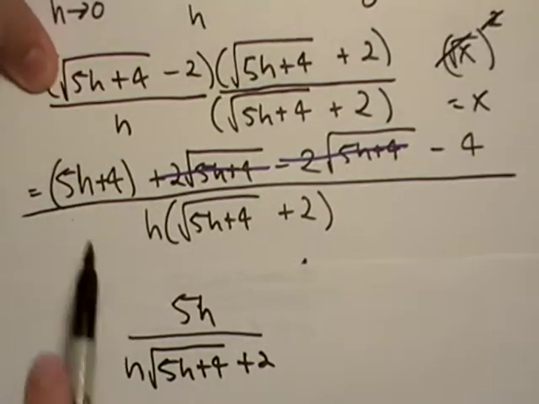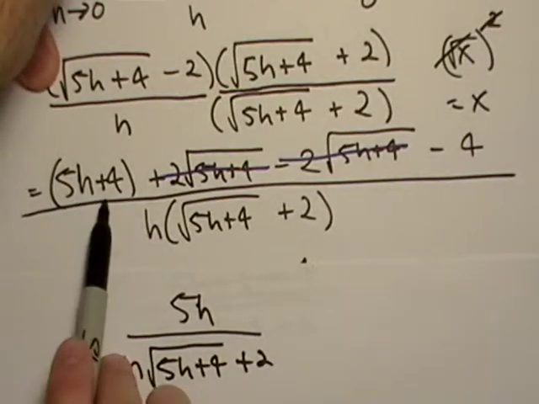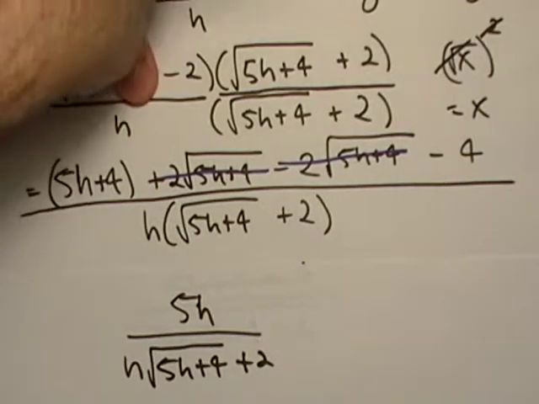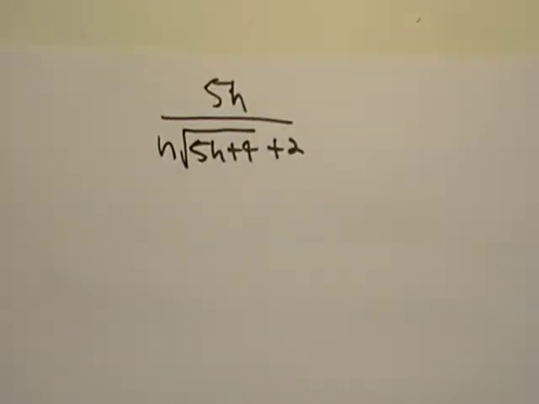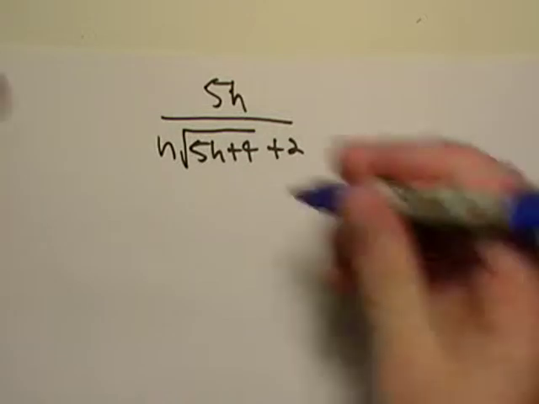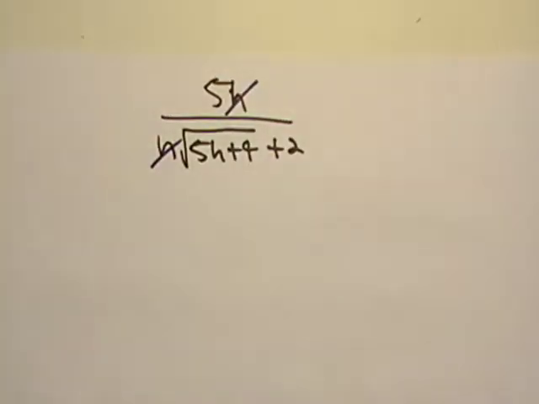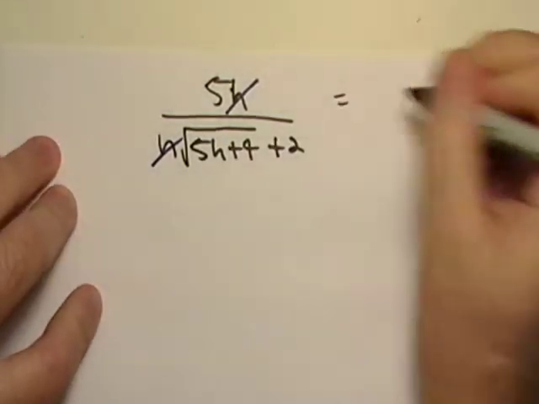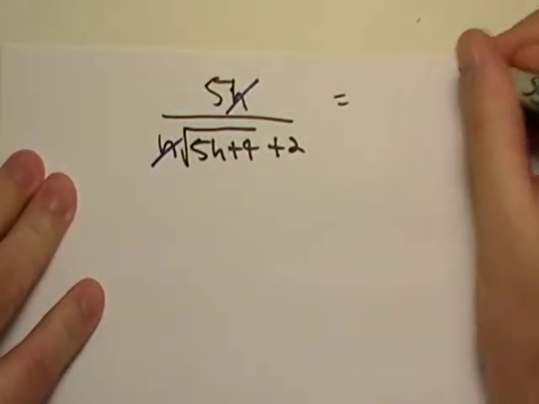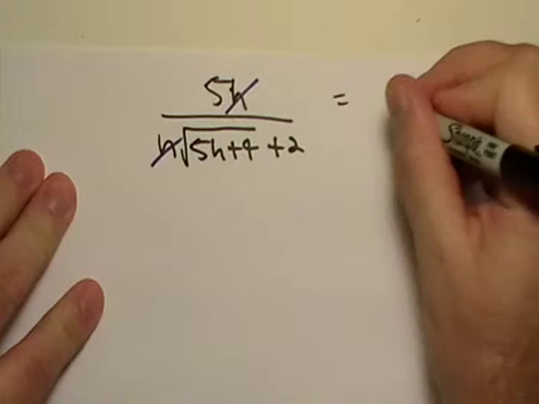Okay, because I'll have 5h plus 4 minus 4 over this. Okay, now I can cancel the h's out. Works great, doesn't it? Okay, so now I'm left with 5